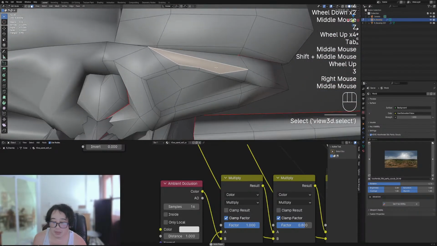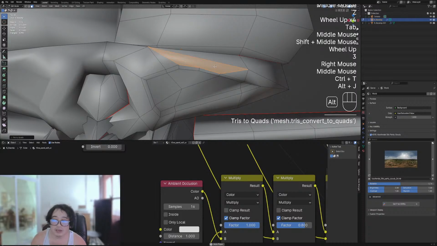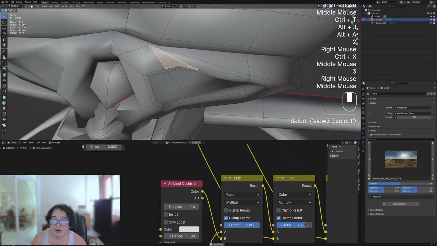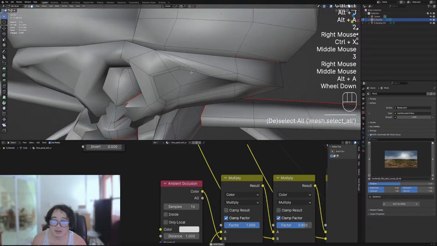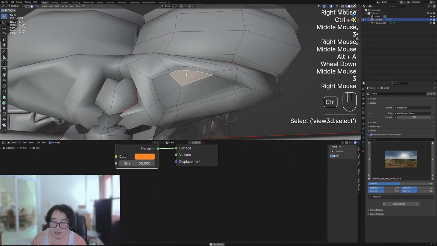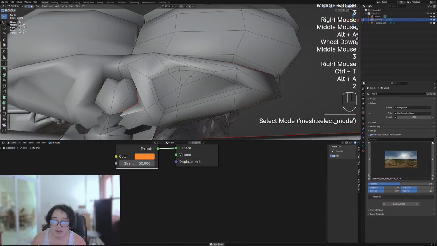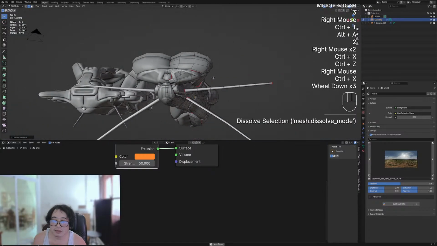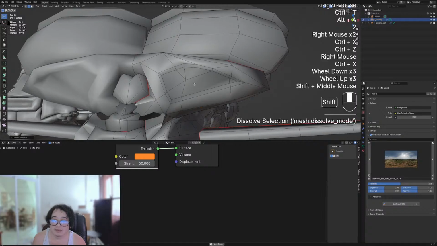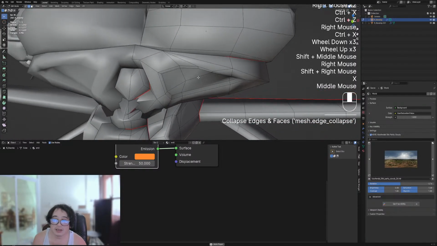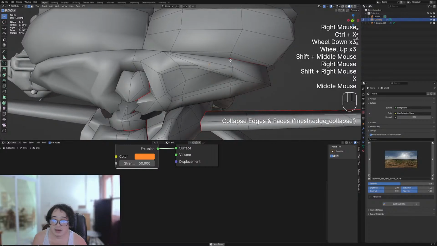Control T or J and remove this. So we still end up with quads, but yeah, this one here, Control T, and we can get rid of this. Okay,